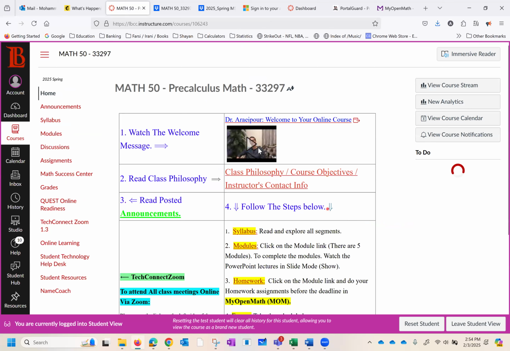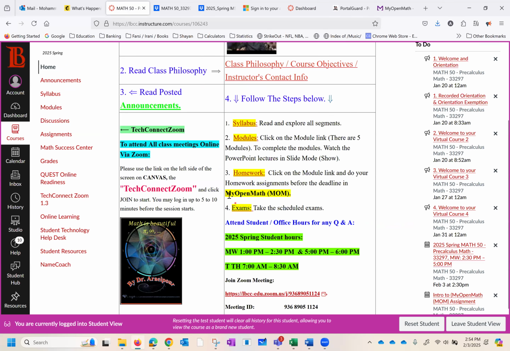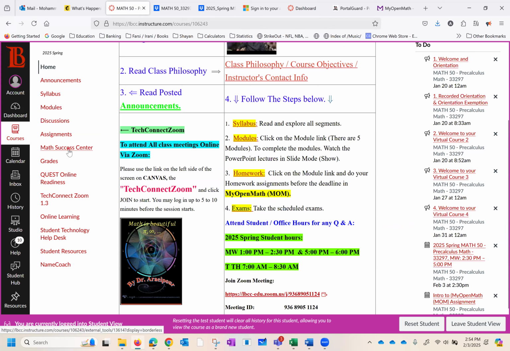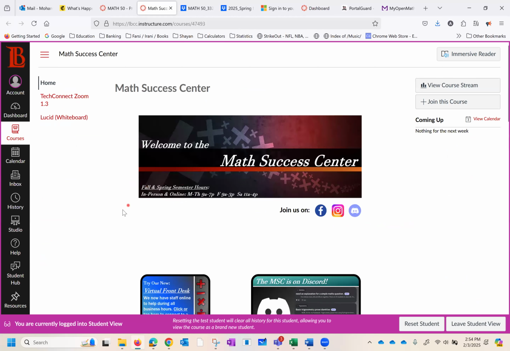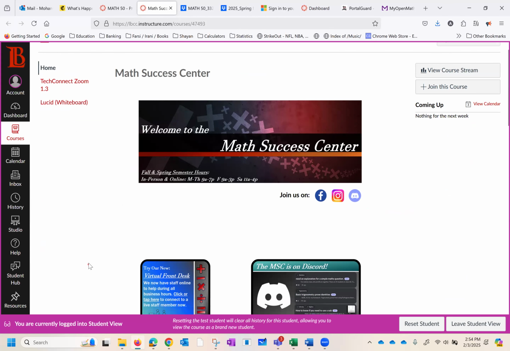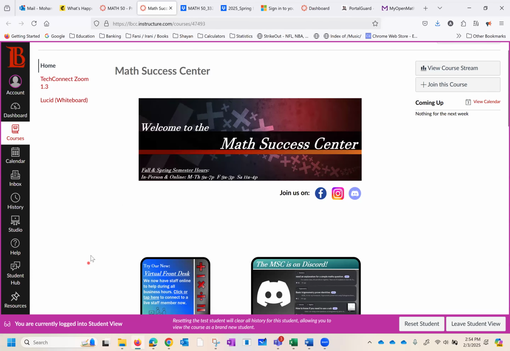Going back to the homepage of Canvas, the next one I want to go over is the Math Success Center. When you click on it, it takes you to a different Canvas, which has the information here. Math Success Center is the tutoring center, everybody.